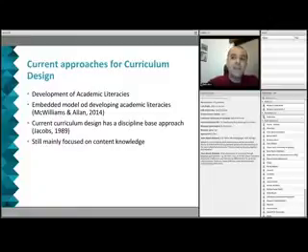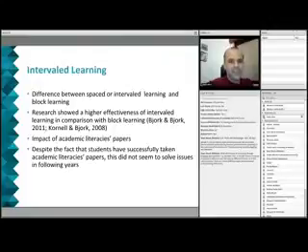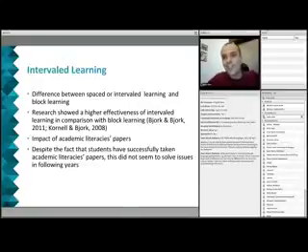However, how do we do that from a program perspective? How do we make sure that we are actually staircasing and developing those skills throughout a program? How are we doing that? This is one of the things we started reflecting upon and querying. So we also thought about interval learning, and I've now completely changed subjects